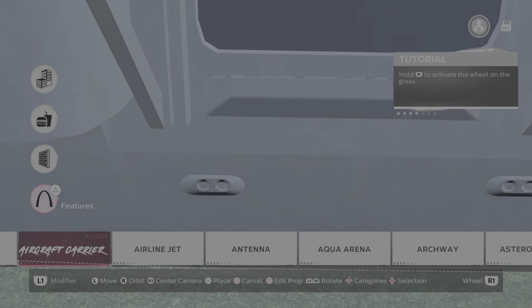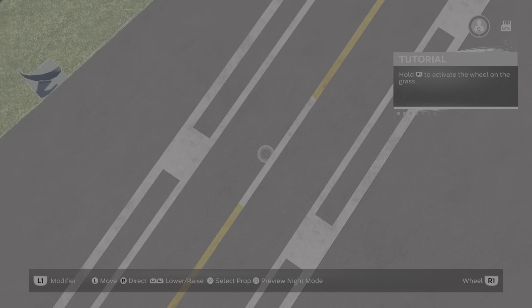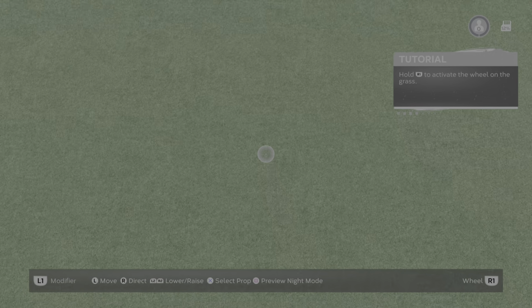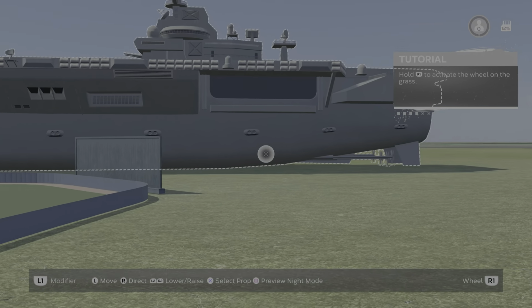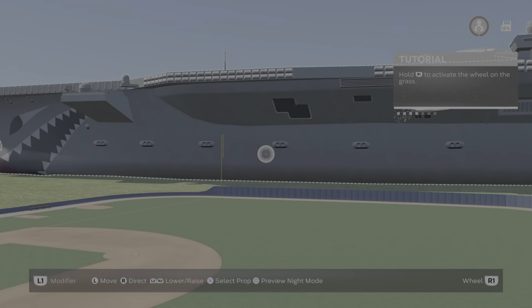And you got your features. What in the world? Come on, man. I got lost again. What is that? What in the heck is that, man? I'm confused. Is that like a... It's like a ship. Well, you can put water in this game, so...